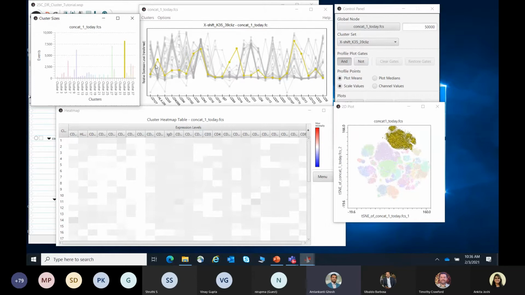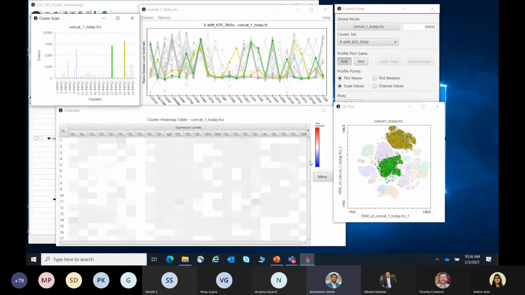And if you study this particular island or cluster, you can see the expression of CD45 is high, CD14 is high, CD11c is high. If you want to compare and study multiple populations together, you can just click control and select another one. As you select multiple populations in this plot, they get simultaneously highlighted, and you can look into the different levels of expression of these markers, and they are also getting